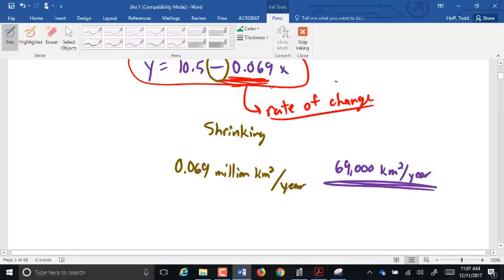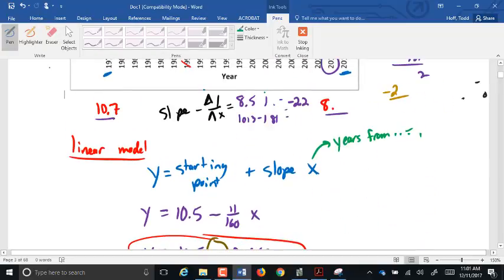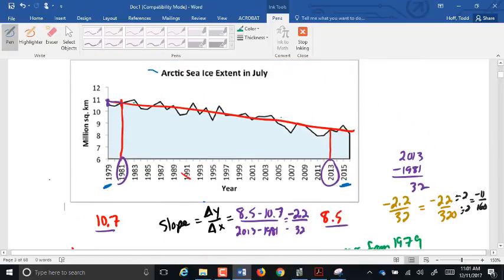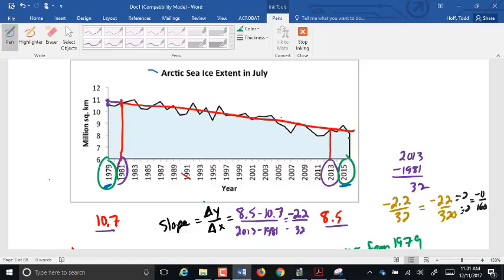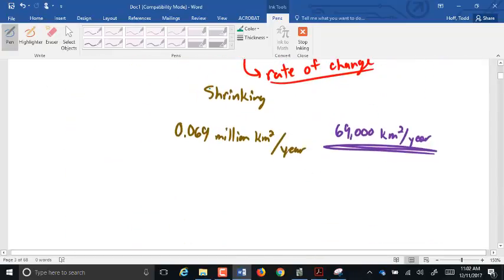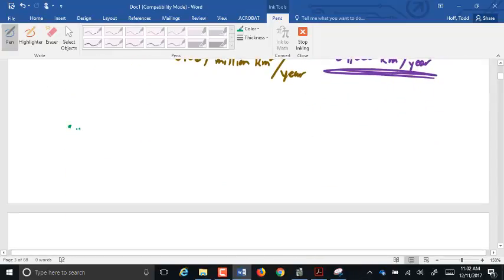Now, I will point out here one of the flaws in this data. This graph goes from 1979 to 2015, which is about 36 years. Seems like a long period of time, but 36 years in the lifespan of those polar ice caps is a relatively small period of time. So over that period, you can take almost any set of data. If you have points,